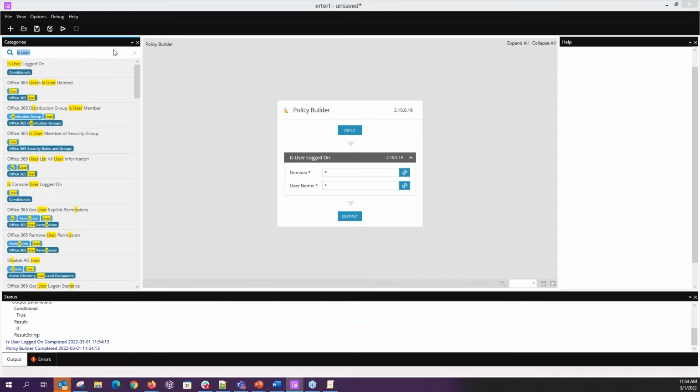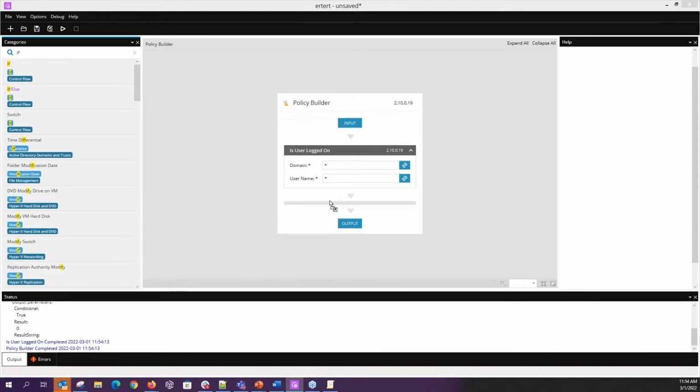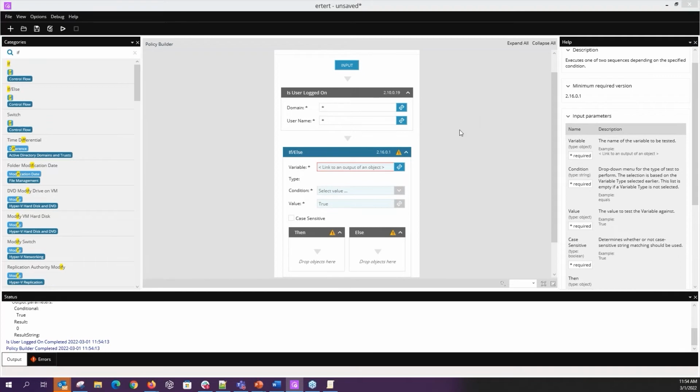Typically you want to do one thing or maybe another, so I'm just going to try the if. You might want to just do an if statement, but maybe you want to try an if else. If you know exactly what you're doing, it's just prompt, right? Is user logged on? If they are, if user is logged on,